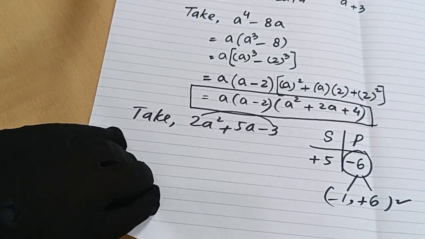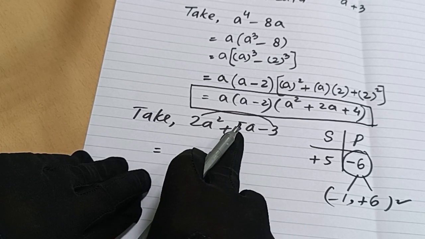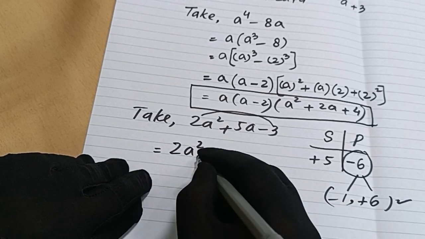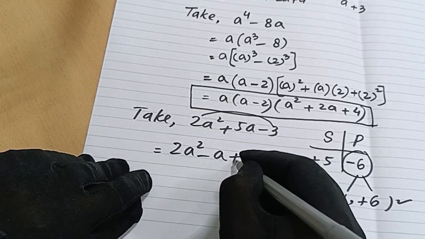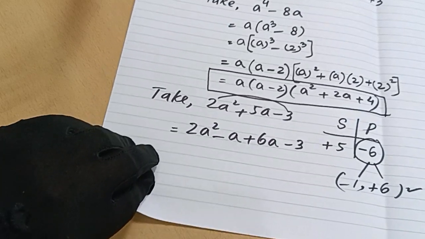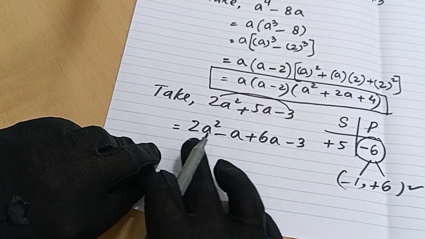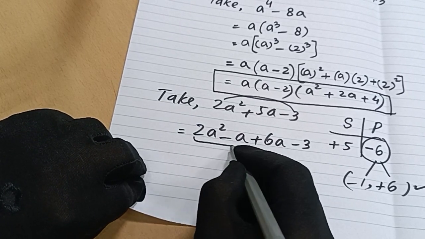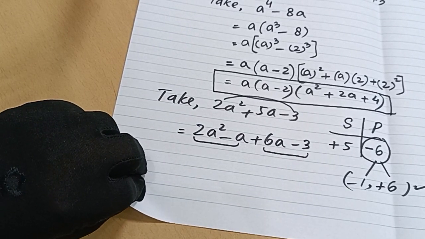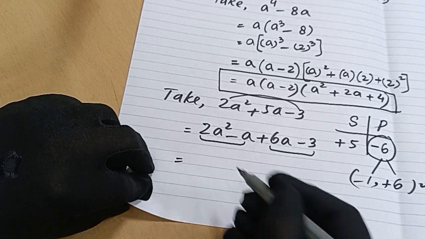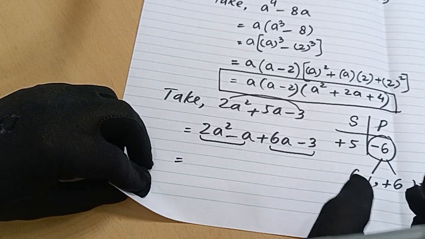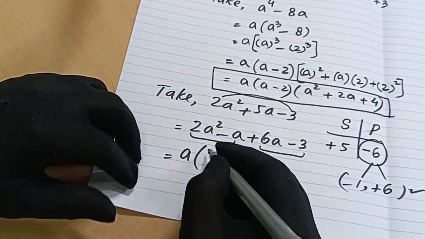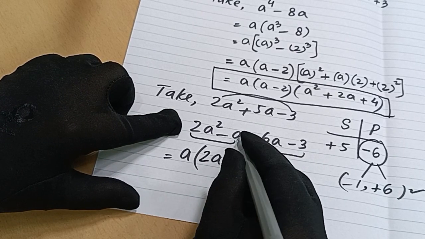Now the middle term is split into these two factors. So write 2a² − 1a + 6a − 3. Instead of 3 terms we now have 4 terms. The benefit is that we can take common from the first two and the last two by making pairs. What can be common from the first two? a. And what is left? 2a − 1 is